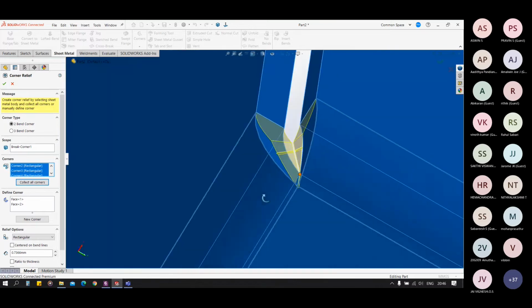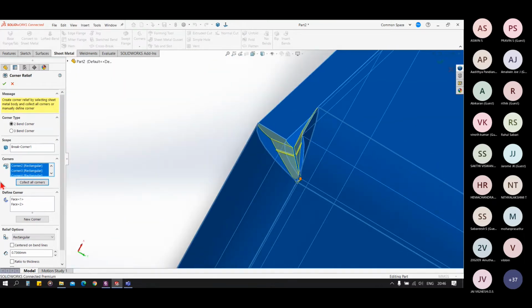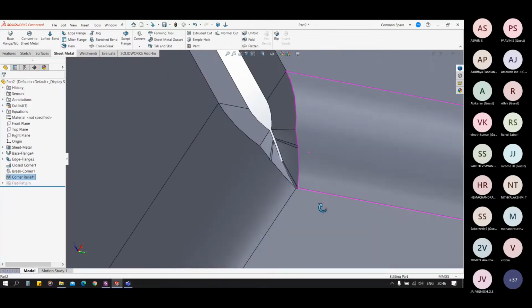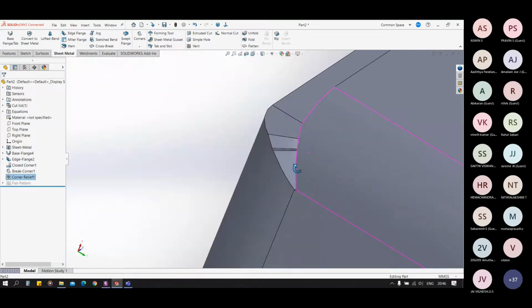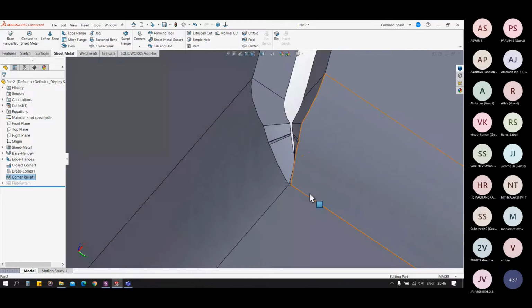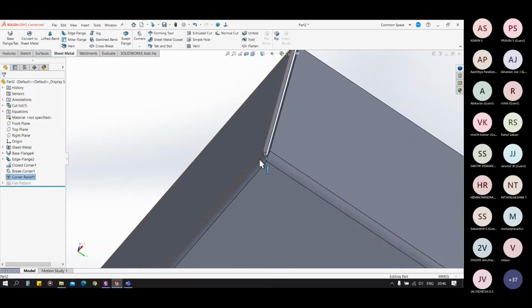It has added an extra material for us. You can see. Like this.